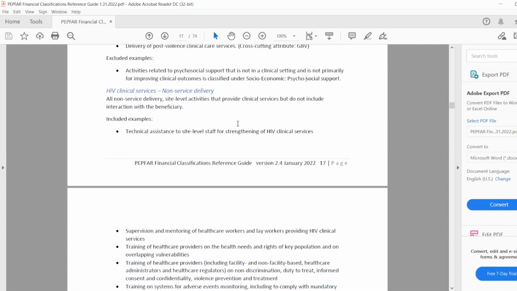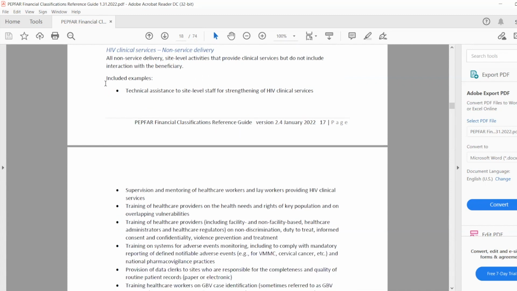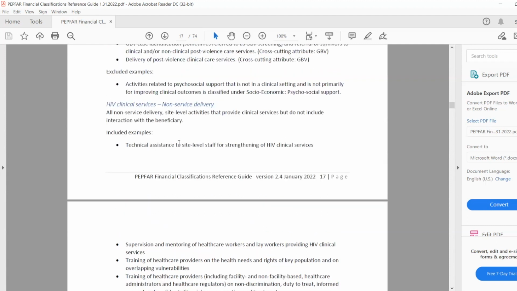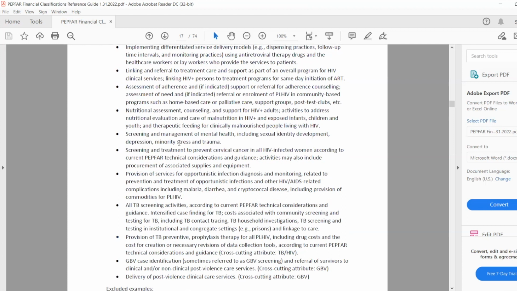So we had looked at service delivery for HIV clinical services. We often get a lot of questions on non-service delivery. What is the difference between service delivery activities and non-service delivery activities? Here are your examples. And so that's where you can see the difference between those two, where one may have